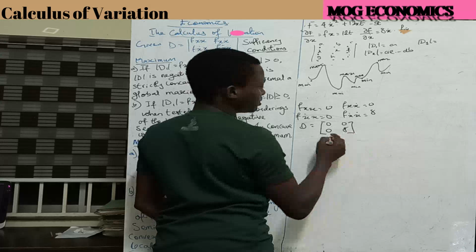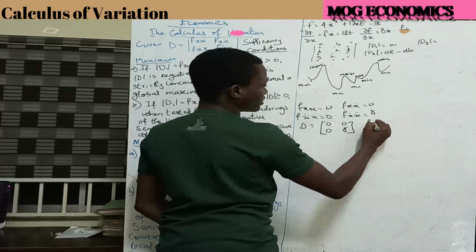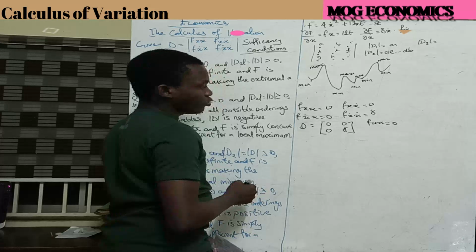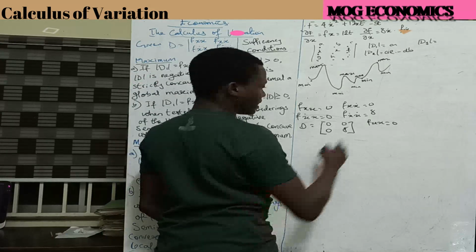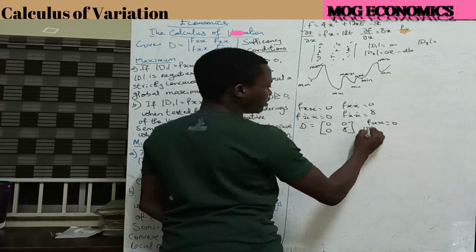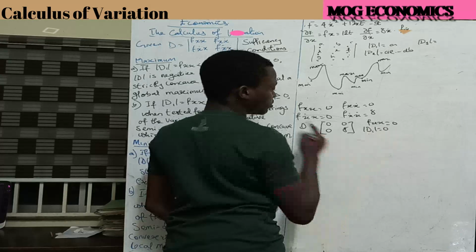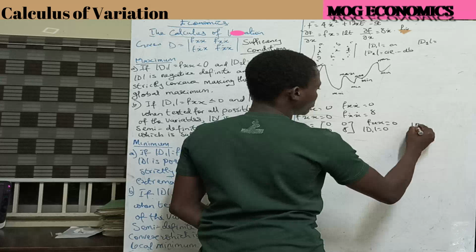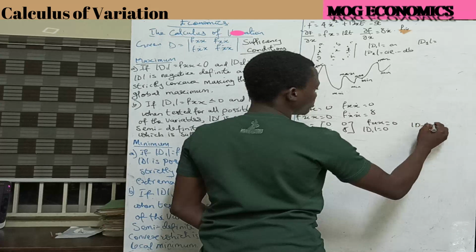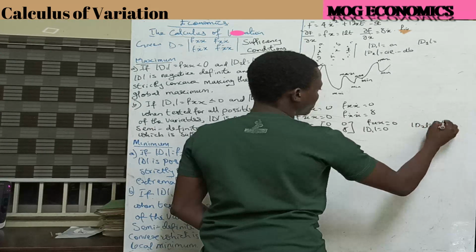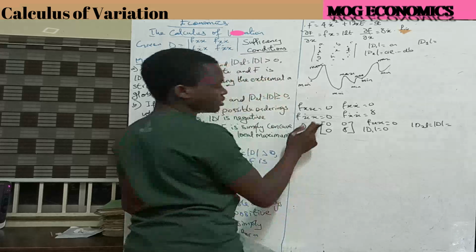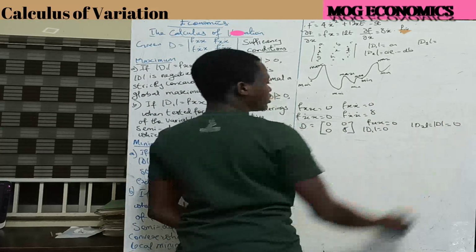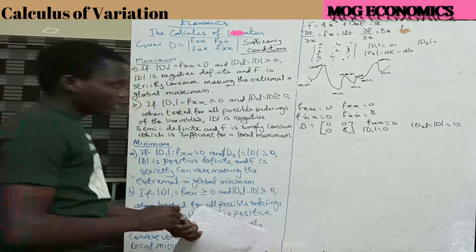If you look at this, our f_xx equals 0, right? Which is the value of our d1. So d1 is 0. Then d2 is equal to the determinant. What is the determinant? 0 times 8 is 0, 0 minus 0, so you have 0. So if you look at this, it does not